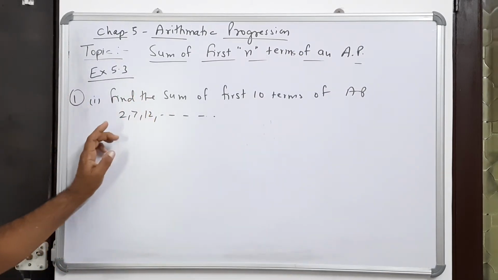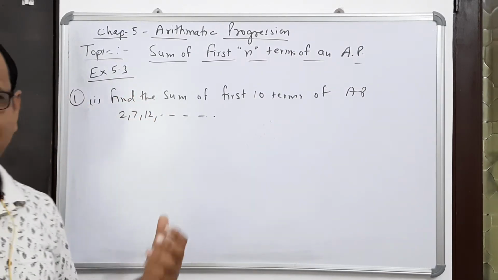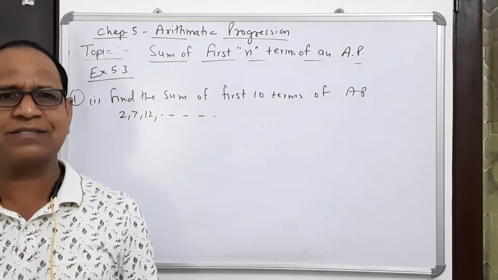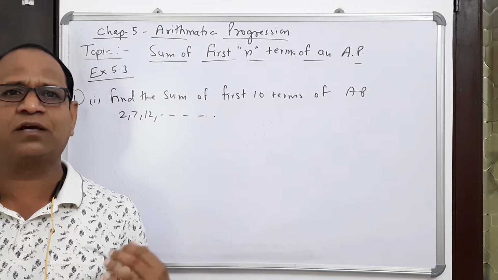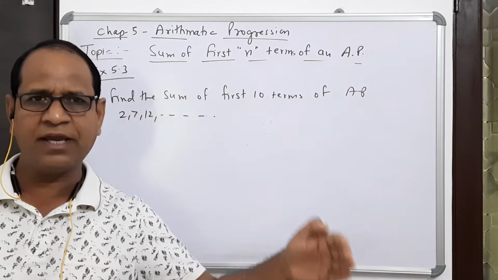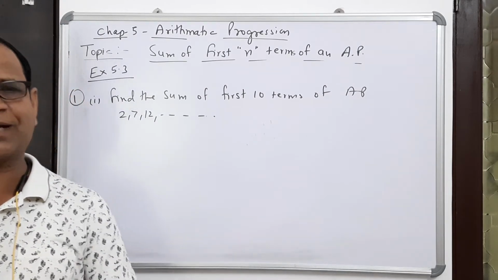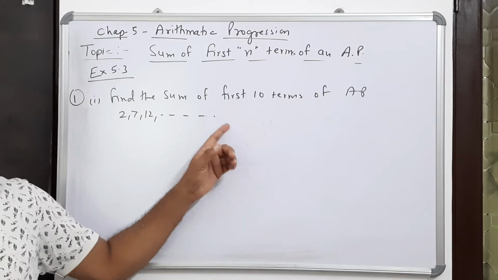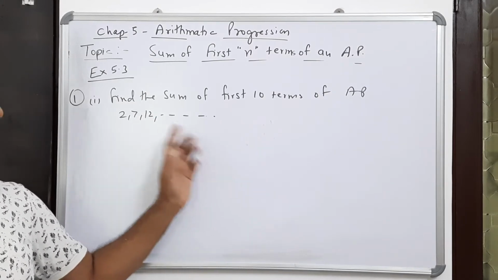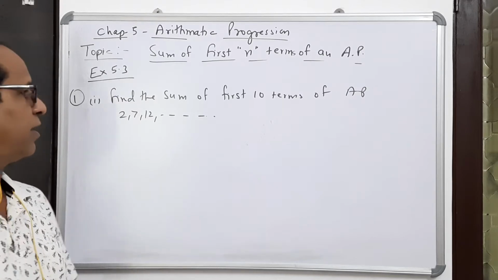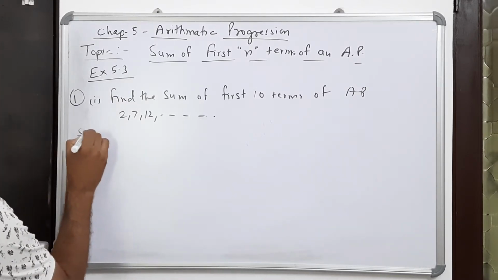So in this, suppose somebody asks you what is the sum of first 20 terms of an AP 2, 4, 6, 8, 10 like this. Now practically doing this is very complicated. But today I am explaining you one formula. With the help of this formula you can make it very simple, and that formula is, the formula for the